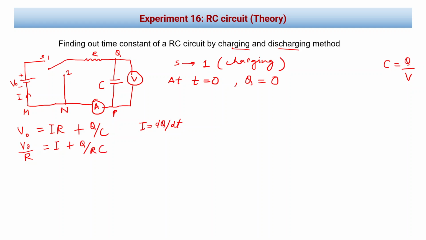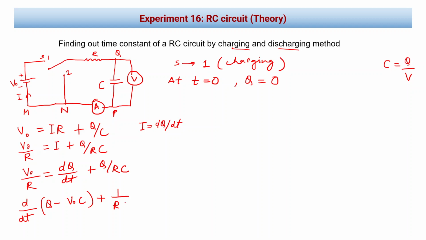and putting the value of I in terms of charge, I'll get V0 by R is equal to dq by dt plus Q by RC. Okay, now we'll do some rearrangement and write everything in the form of a derivative. So if we take it to one side, then as I said, we'll rearrange and get something like this,